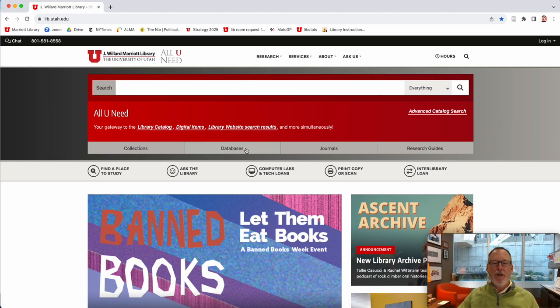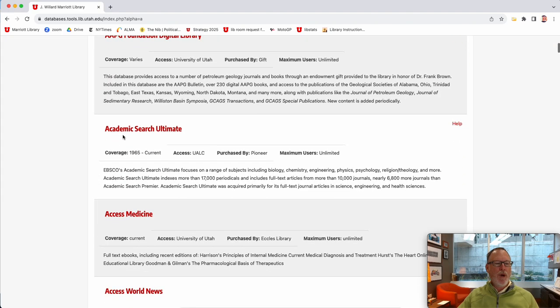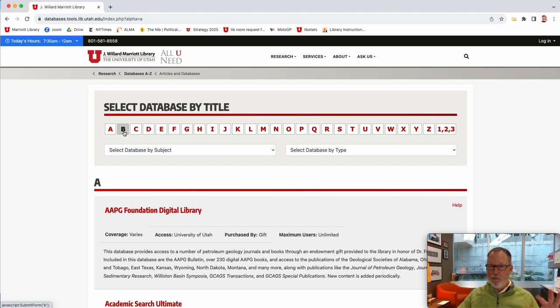Second thing that every academic library has is databases. Databases are things that sometimes your faculty will say, oh, you need to go to JSTOR or EBSCO or Scopus. So you can go by name to those databases. Hint, a big one is Academic Search Ultimate. That's a great place to go for scholarly and pop stuff, and it's all the disciplines. So you could do that same search.